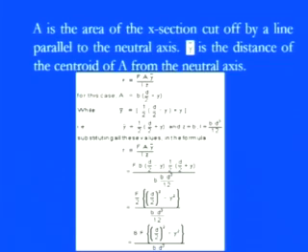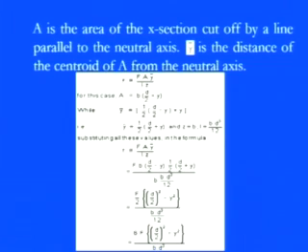Area we calculated as B into D by 2 minus Y, so we just simply put those things, and then we have the y bar, which we have calculated as half of D by 2 plus Y, divided by I, which is BD cube by 12, and we have the B, that is Z. So now you see, by manipulating those things, what we have after calculation,